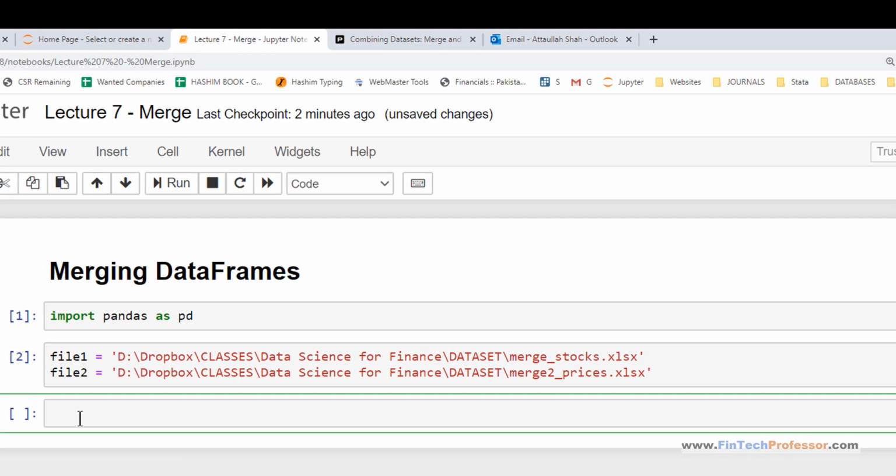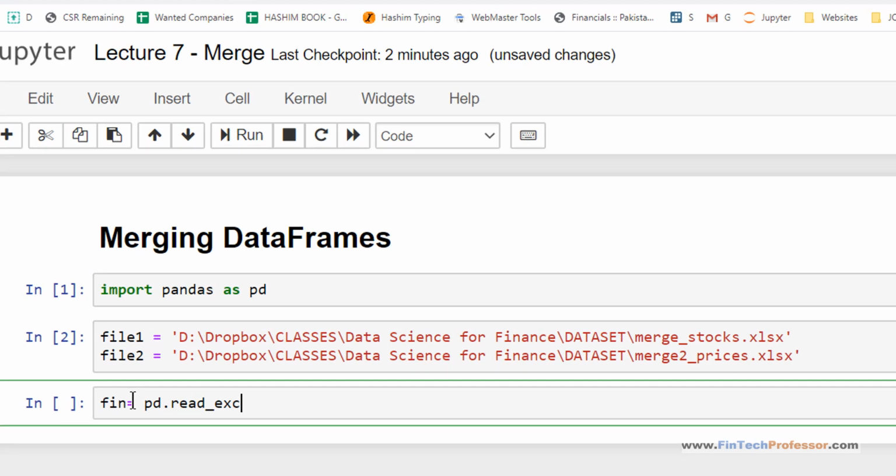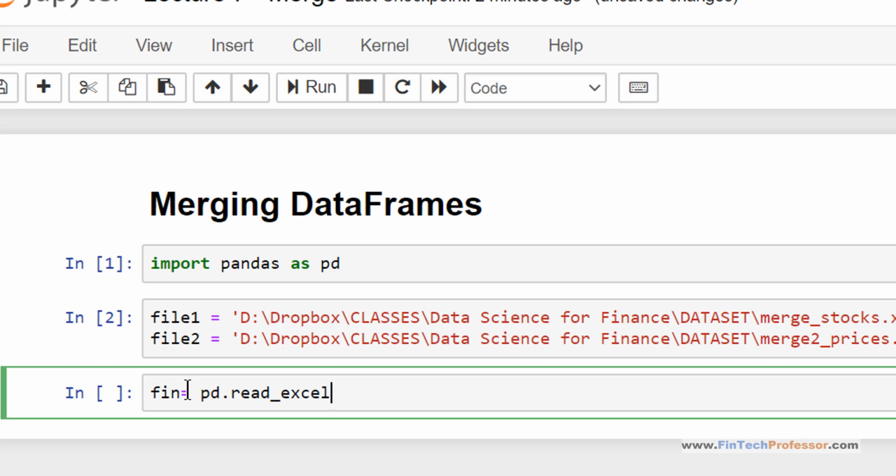Okay, now we will convert these files into pandas data frames. I'll call the first one financial data because it has some financial data. pd.read_excel, now the file address which we had written to file 1.